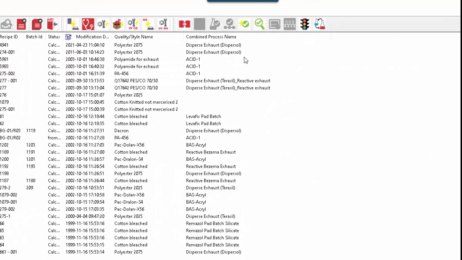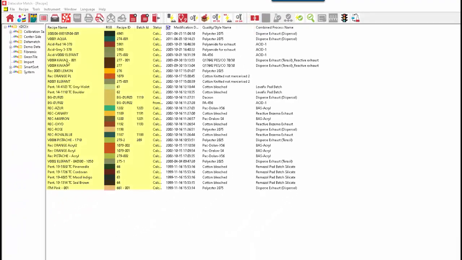Inside of our recipe screen in Match Textiles, there's the icon for Fast Correction. Fast Correction is for correcting a color that you don't have a stored recipe. On the left-hand side over here are our stored recipes. So in our example, the dye house, or someone has brought us 2 colors and they want to get a correction for those 2 colors. So we go into Fast Correction,